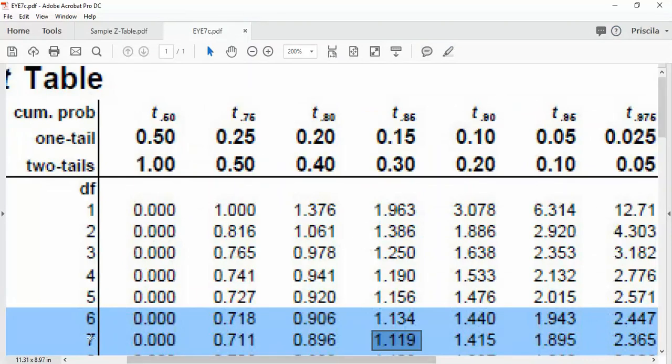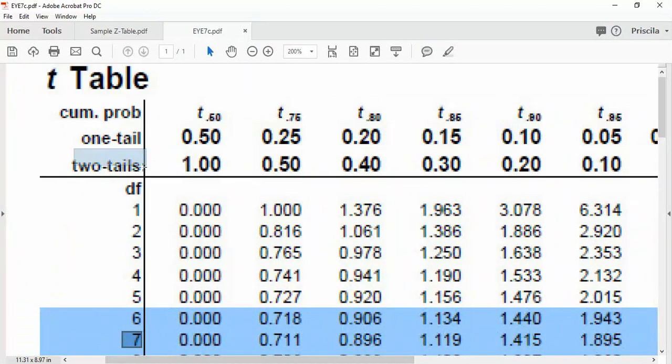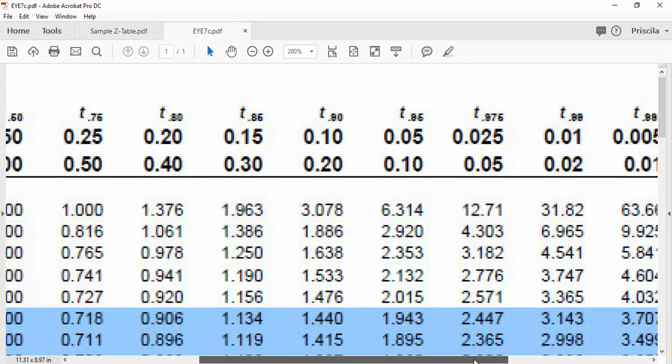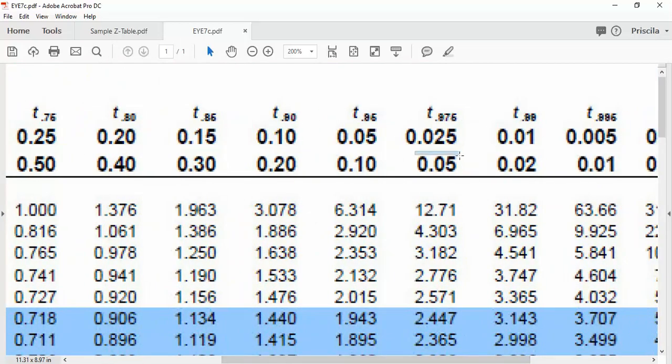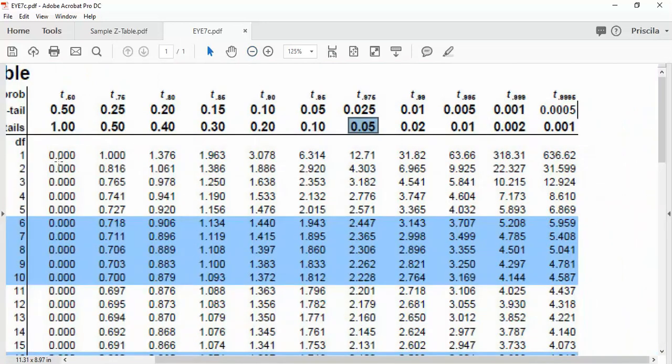If we now look for degrees of freedom 7 with the alpha for a two-tail, correct? We're doing it the other way around now. For 5%, if you have degrees of freedom of 7 with the 5%, you actually have a critical value of